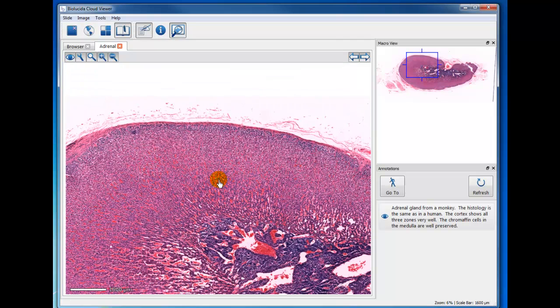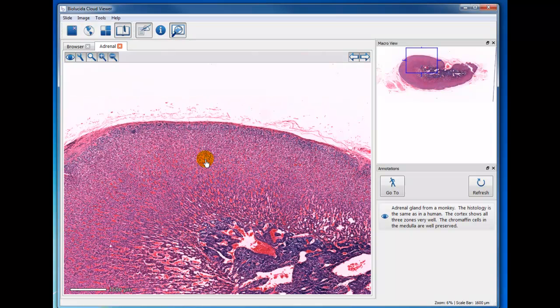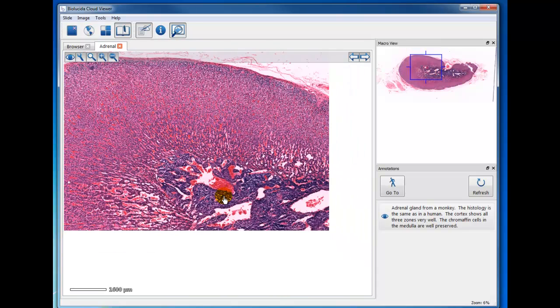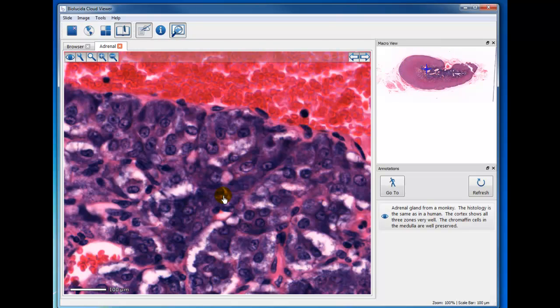But the most understandable component and function of the adrenal gland is the zona glomerulosa that's producing aldosterone, and the cortisol, or the glucocorticoids, produced by the zona fasciculata. And then in the center you have these cells that have a lot of basophilia, and they're producing peptides